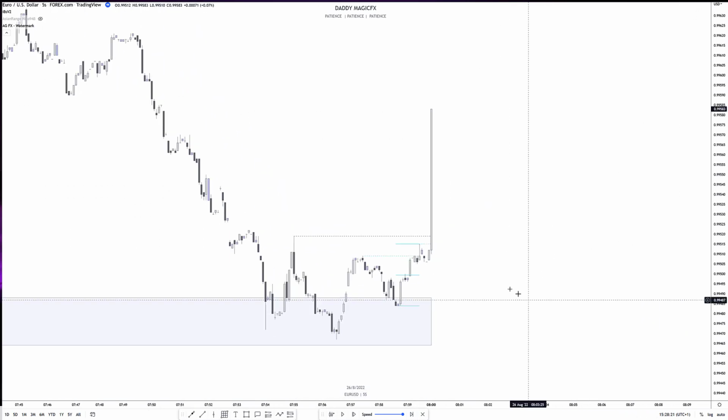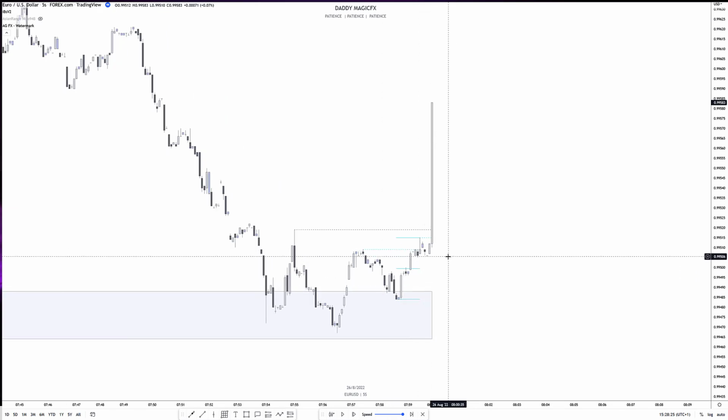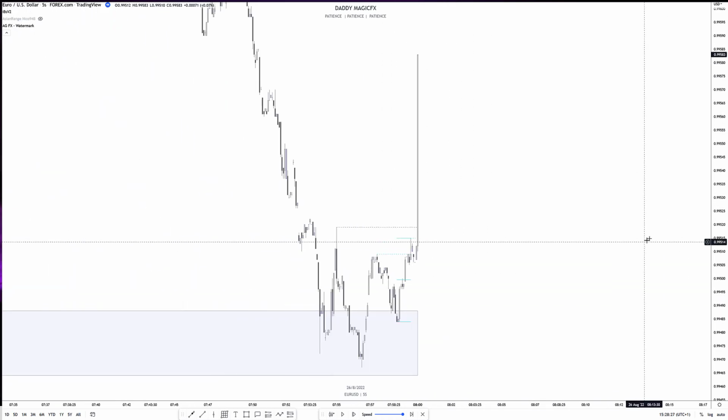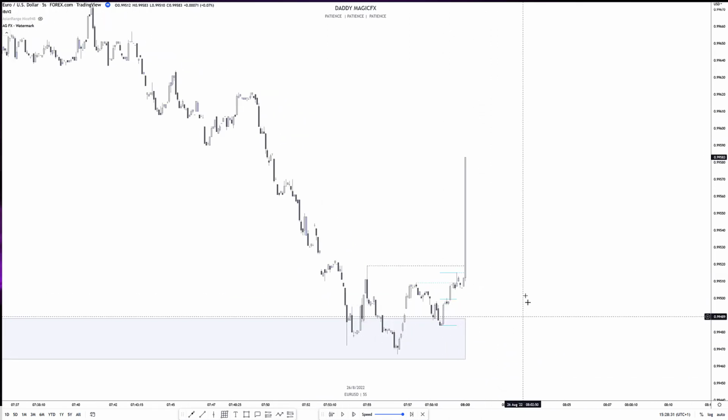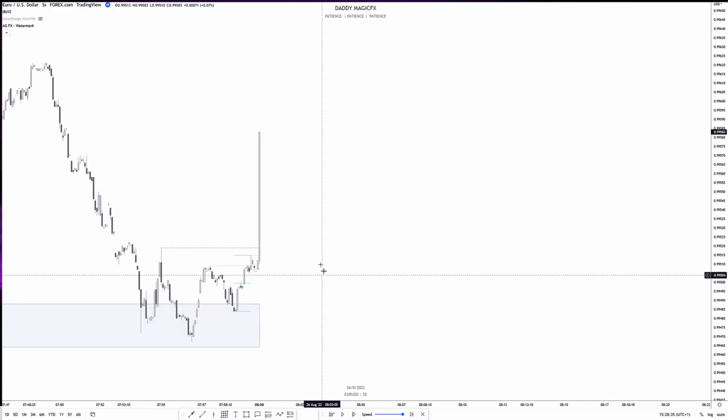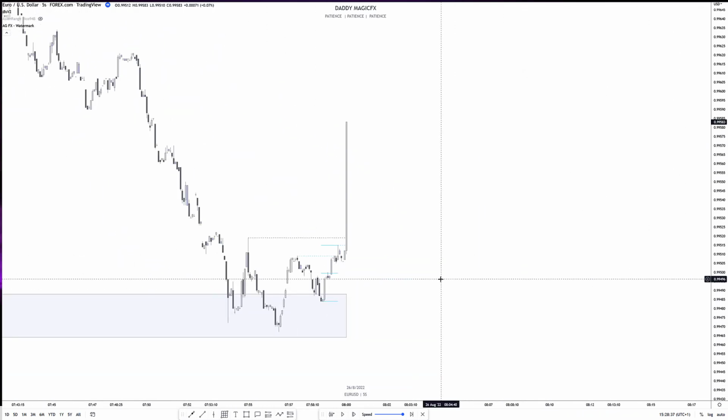Okay, so we have an unmitigated 5-second discount here with some sort of inducement right there. So for me, this was kind of enough for me to say, if price gets into this zone, I'm happy to look for an entry. Okay, so when price came back down,